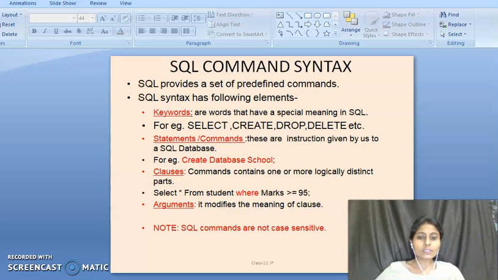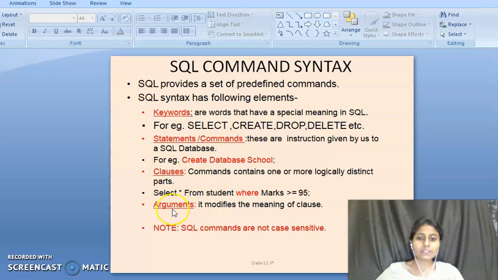But if you want to access records according to specific criteria, then we have to use a word that is known as a clause. So here we can talk about the where clause. The criteria is to access the records of students who got marks greater than or equal to 95. So in this command where works as a clause.